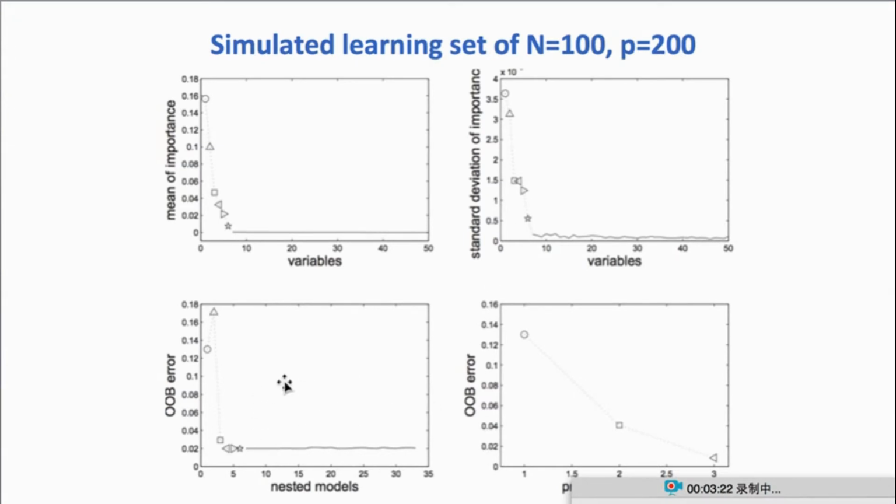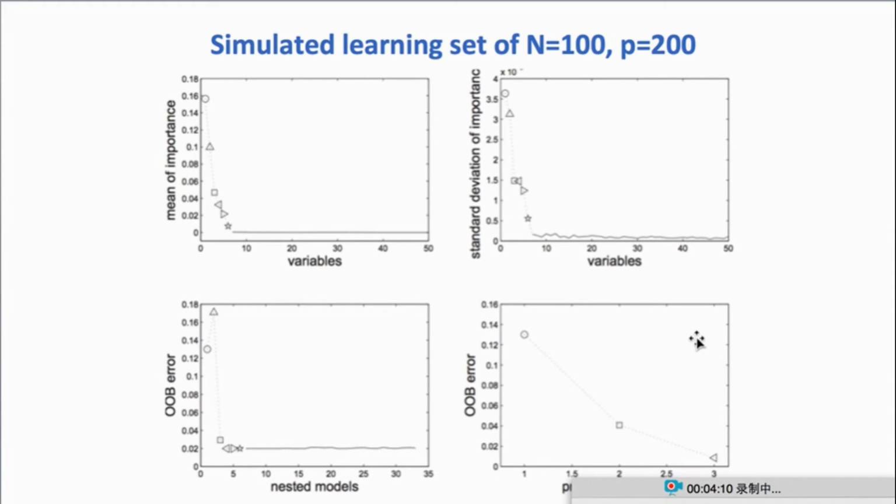The bottom left graph shows the out-of-bag error of the nested collection of random forest models. You can see that the error decreases quickly and reaches its minimum when the first 4 true variables are included in the model. Then it remains nearly constant. So the final selected model contains 4 of the 6 true variables. The bottom right graph shows the result of variable selection for prediction. We can see that the out-of-bag error reaches its minimum when the model involves 3 variables, which are variables 3, 6,